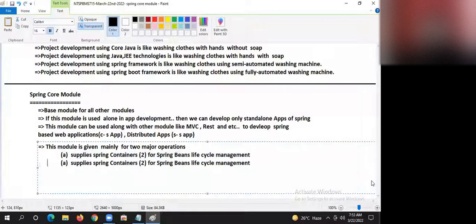Next, guys. The second operation provides the support for dependency management.